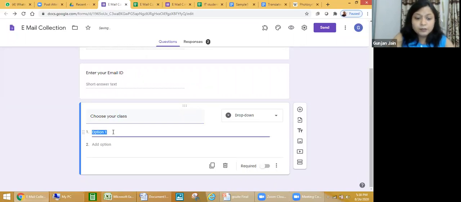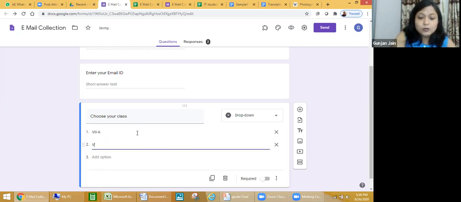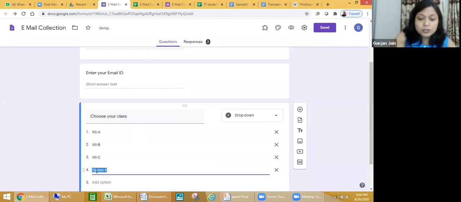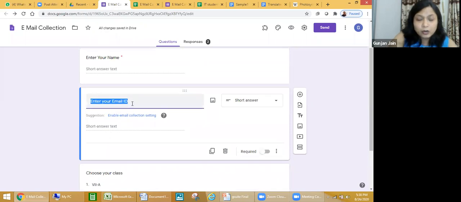And in option 1, you can give 7th A. In option 2, 7th B. Then 7th C. As many options you want, you can add 7th D. All the 4 options I have added. I'm changing it to enter your name. Okay, name is already there.